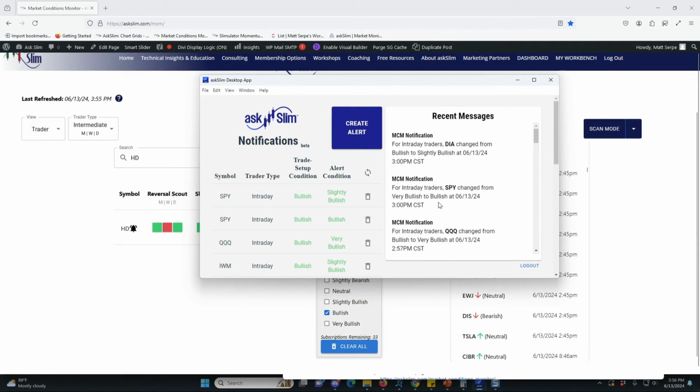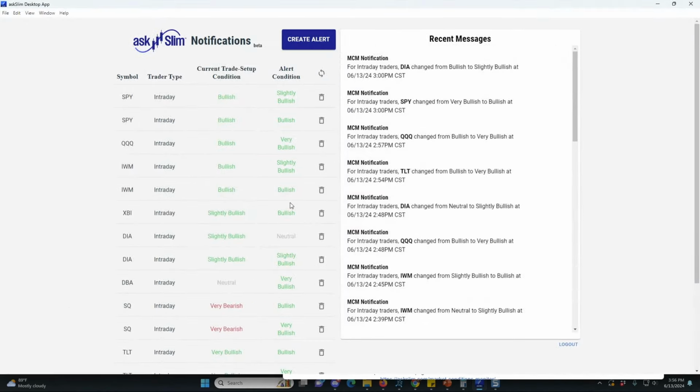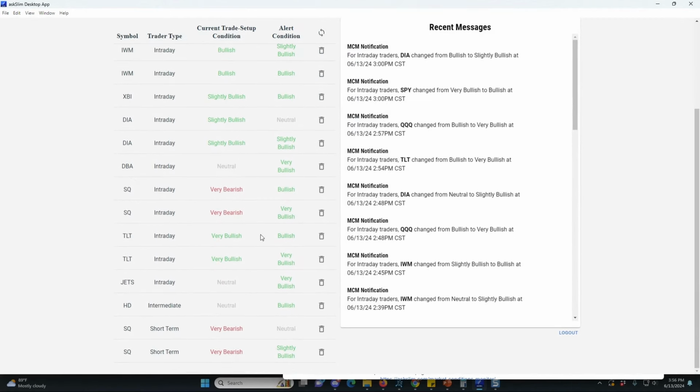So this is a desktop app that runs for you, and it is exclusively built by askSlim, and you can download it directly to your desktop, and you'll get notifications via the app as well as your desktop, which I was receiving. I've been receiving these notifications, and they're super helpful with keeping your attention on those symbols that you have an interest in. So I'm going to expand this here, and you can see as I scroll down that